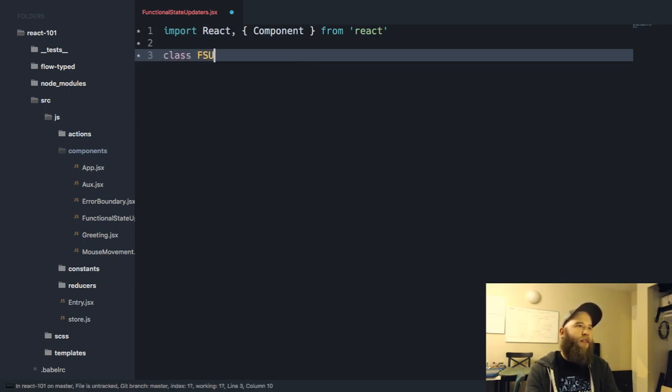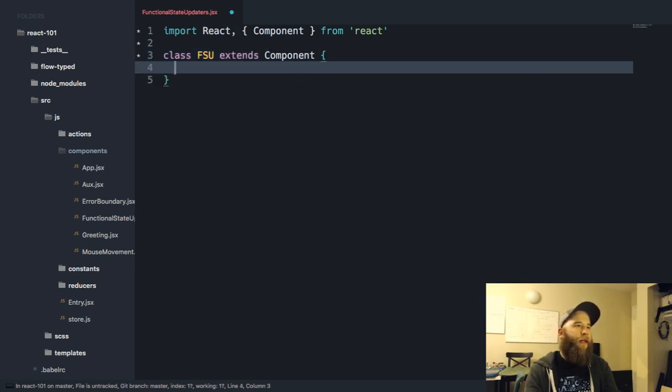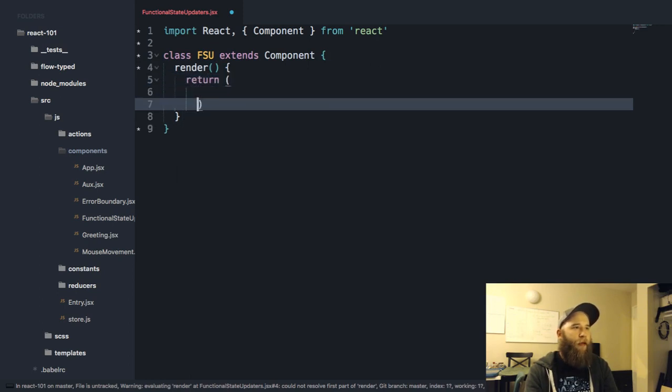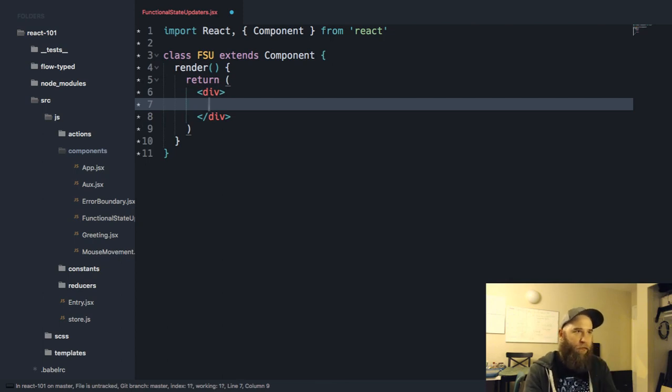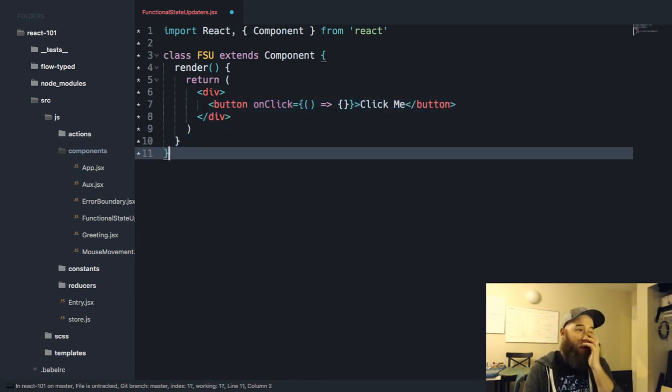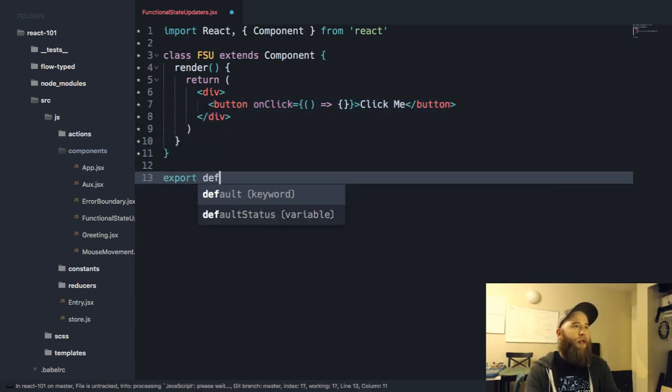I'm going to call it FSU because I'm being really short. And we'll render a div with a button with an onClick, and we won't call anything inside of it yet. We'll just give it a no op. And we'll say click me, and we'll close the button, and we need to export it.